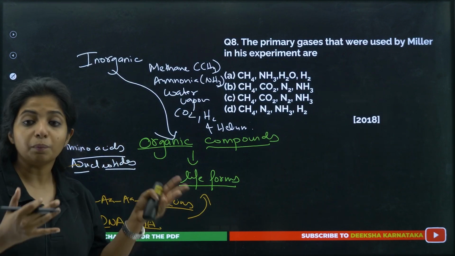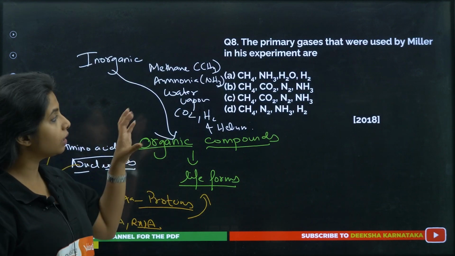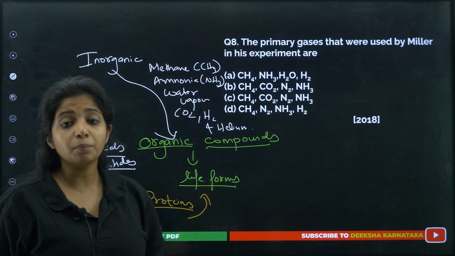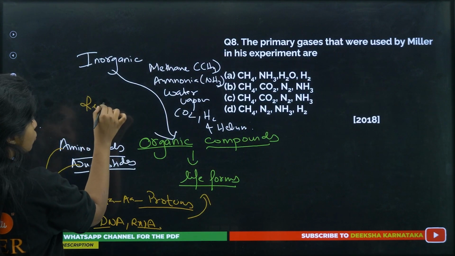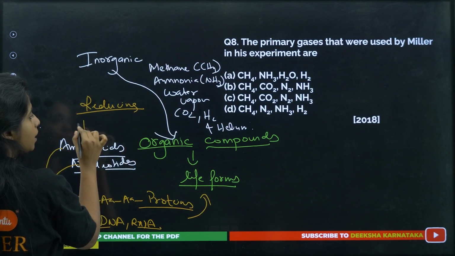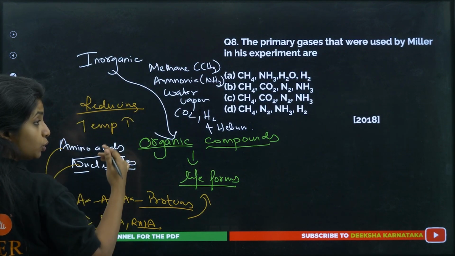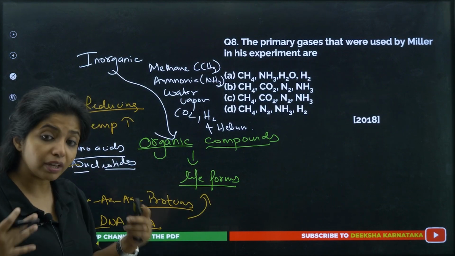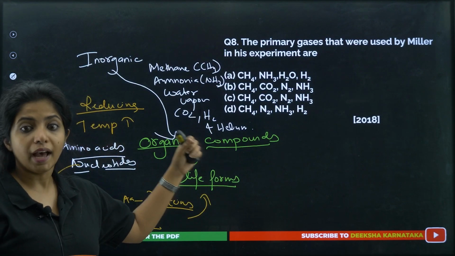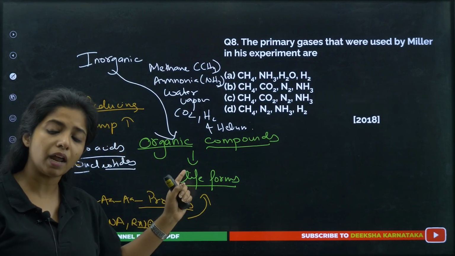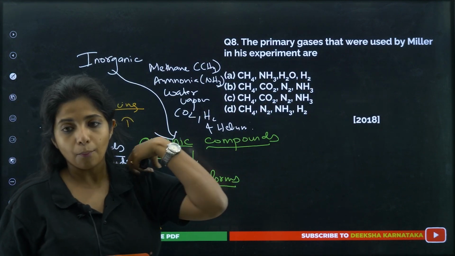So to prove this, Miller did an experiment in which he made sure that only these things were there. Few of these things were there, and the atmosphere was very reducing, as in there was no oxygen. Okay, it was a reducing atmosphere, and the temperature was really high because it is a molten mass, no? So we are recreating something like that. And he wanted to find out whether organic compounds could be formed or not. And he was successful. He saw that organic compounds were forming. So this was said by Oparin and Haldane, but the scientific proof was given by Miller.